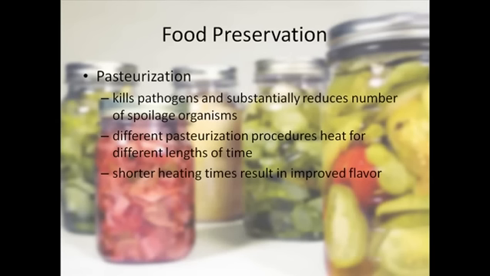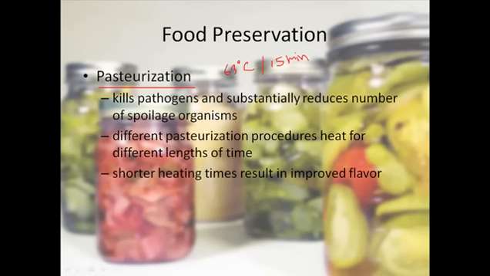So there are a number of different ways of pasteurization nowadays. The normal pasteurization is to heat to 63 degrees Celsius for 15 minutes. It's the normal way of pasteurization: 63 degrees Celsius for 15 minutes. If we do this, we can eliminate most of the microorganisms that can grow in the food and spoil it. This pasteurization can be done in the case of liquid foods like milk and wine and beer and all these things. But in the case of solid food, the pasteurization technique cannot be applied.